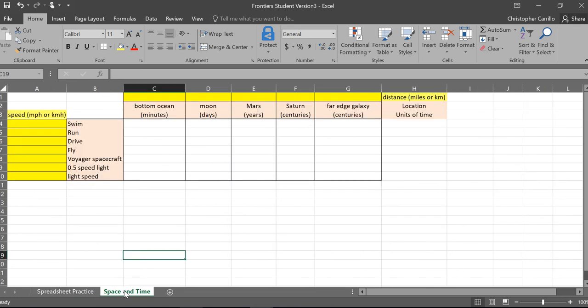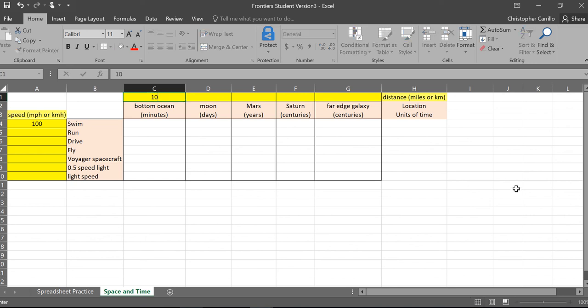Then when you're ready, click on the space-time tab. Now on this one, you're going to have to fill in some data that you're going to use. So over here, you've got some activities. How fast do you think you can swim? Run? I might go outside and set up a little distance and get a speed. Now remember, you're going to put your speed in miles per hour or kilometers per hour. So let's say I can swim, I have no idea, 100 miles per hour, because I'm a really fast swimmer. And the ocean, you've got to look it up. You may have to look on the internet for this one, is